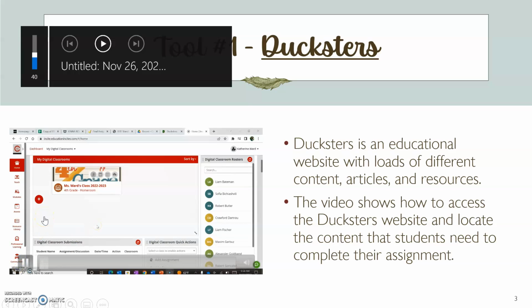In order to access the Ducksters website, students will log into our elements, which is